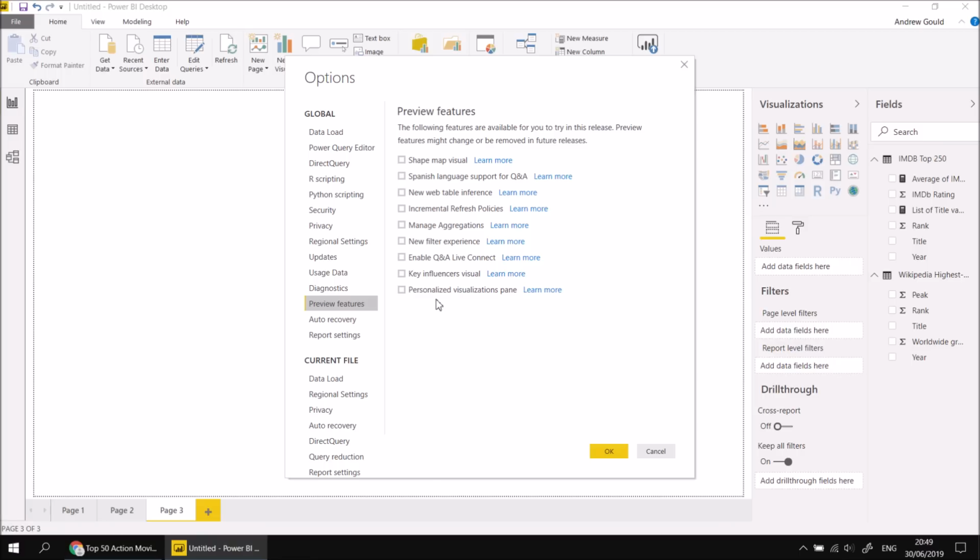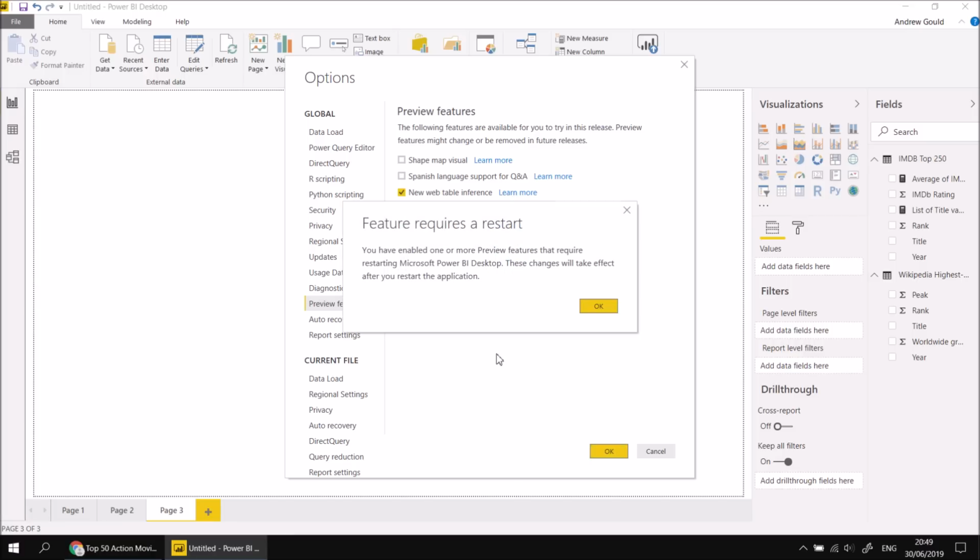There are lots of options that are currently in preview that will be brought into a full release at some point in the future. Bear in mind some of these things have been sitting here for quite some time, like the shape map visual. The one I'm going to go for in this case anyway is the new Web Table Inference option. If I check that box and then click OK,